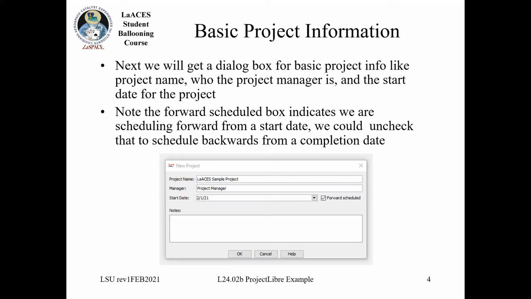And then the next window you'll get looks like this. It's basically just the basic information for your project. It's a dialog box where you give them the name to your project, and then who is the person in charge of your project. And then the one actual consequential choice you have here is selecting the start date or